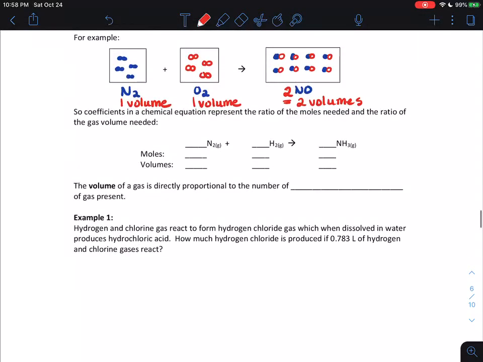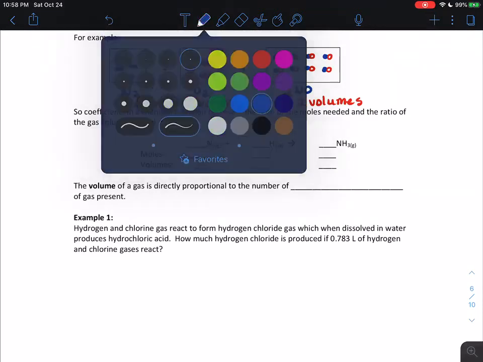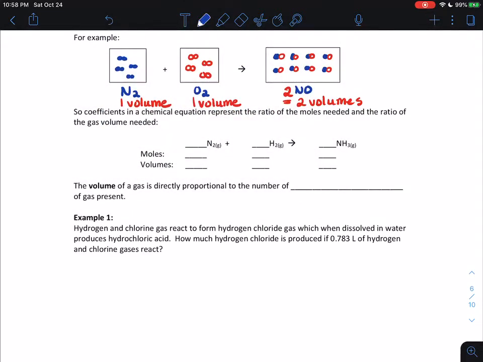All right, so this means that if we've got a balanced chemical equation, as long as we know the volume of one gas, we can figure out the volume of the others if temperature and pressure stay the same. So take a look at this. I balance out this chemical reaction. So I need 3 and I need 2 to balance that out. So I know that 1 mole of nitrogen has to react with 3 moles of hydrogen to produce 2 moles